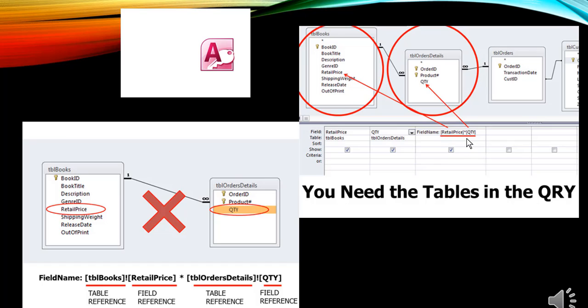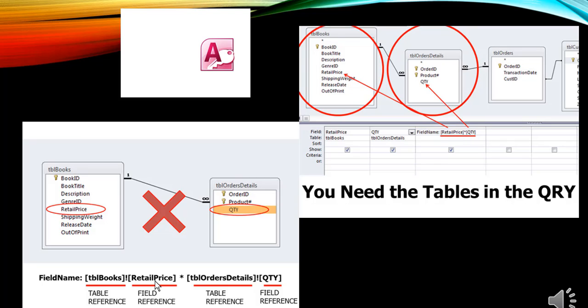But in Microsoft Access, when we write an expression, we need to give a reference to a table, and a reference to a field inside the table.